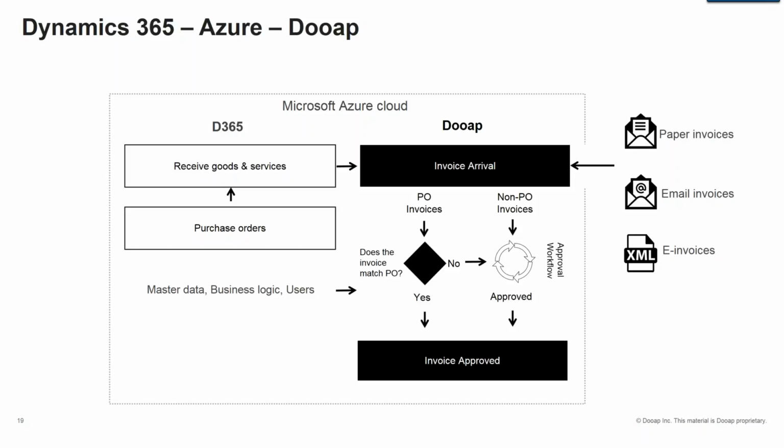For the non-PO invoices, you can have the Dynamics account structure-based coding and the approval workflow. For the PO invoices, you are able to have the PO matching, and this is automated when you have a match within the tolerances you defined, or when there is a discrepancy, the invoice can be automatically routed to the original requester or the purchaser for matching and approving. When invoices have been approved on the DoApp side, we transfer them again, either automatically or by your finance people, to the Dynamics side. And then the invoices are paid through the standard Dynamics functionalities.